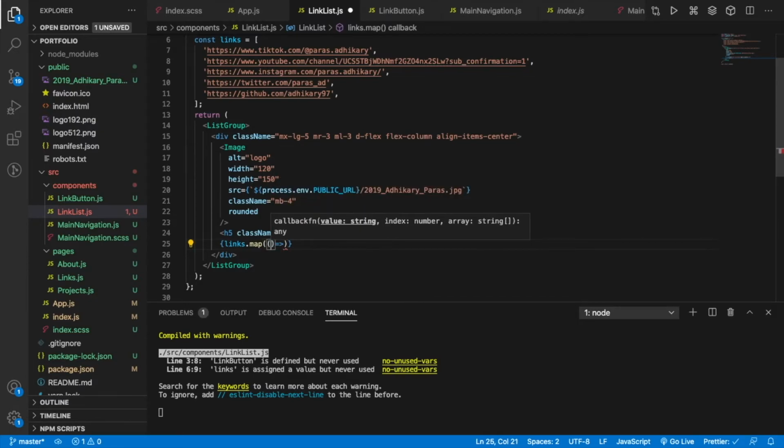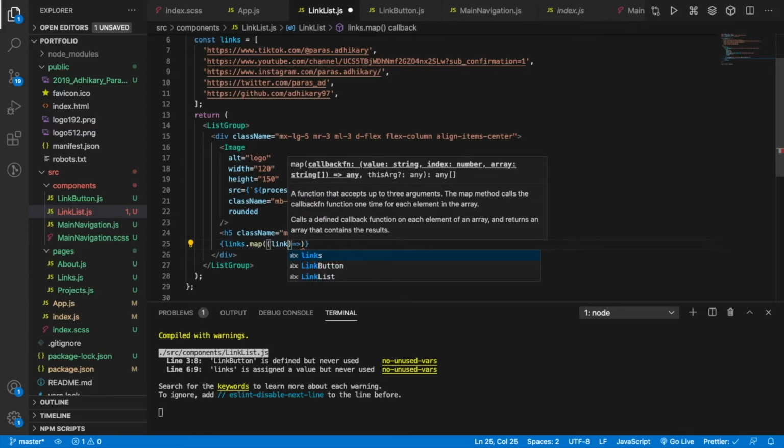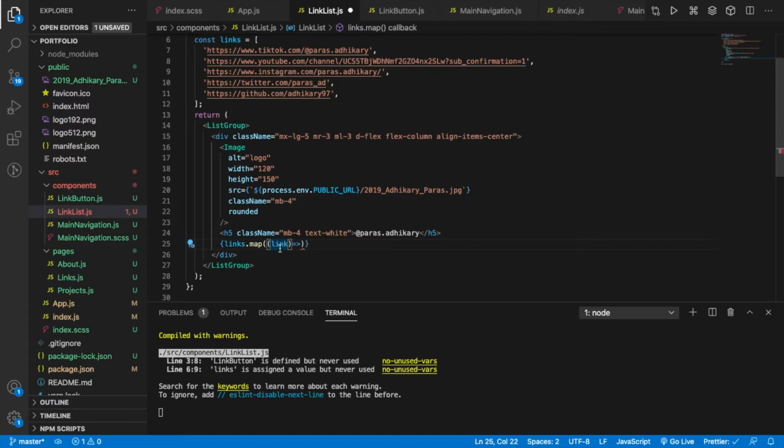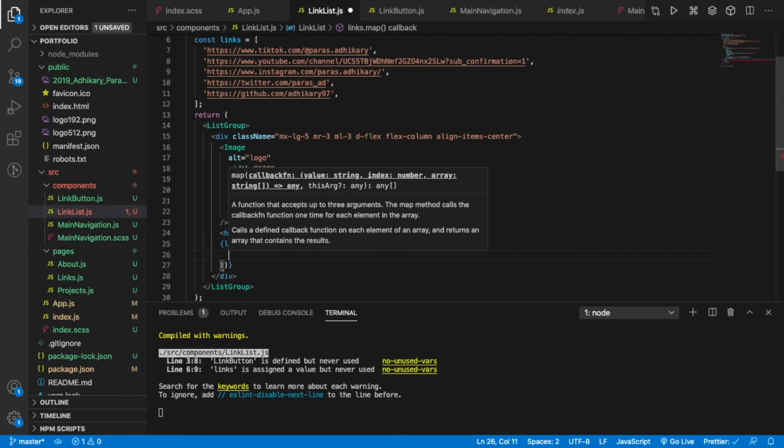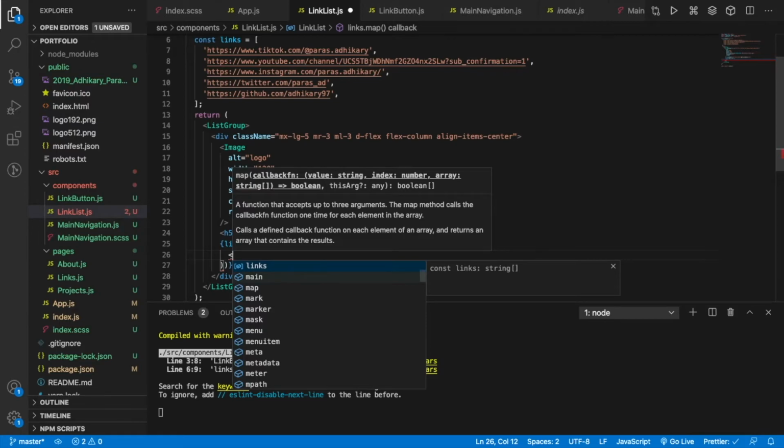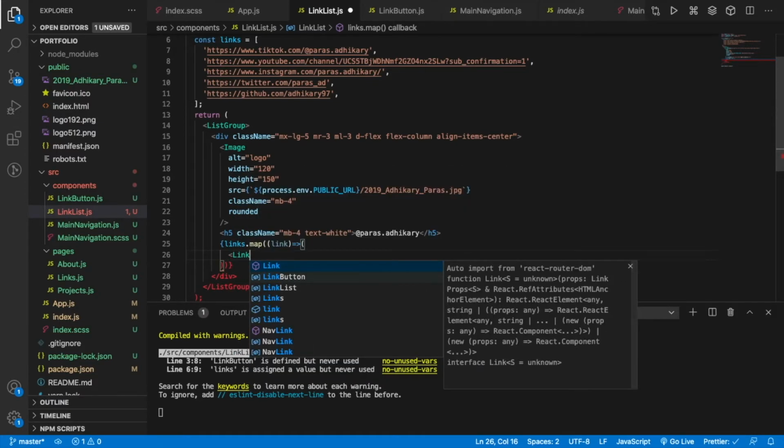And what map does is it deconstructs a list into specific items, and it kind of loops over each of these items, right? So now when we do link, it's going to deconstruct into each link one by one. So we're going to take that link, and we can actually add extra parentheses here so that we can render this directly here. So then we can say link button,